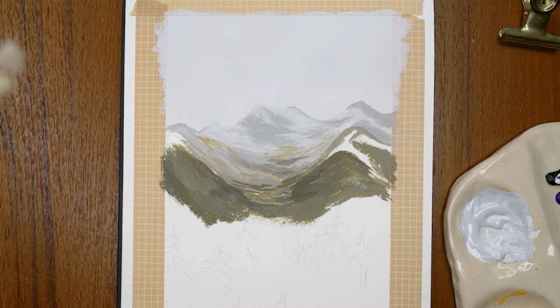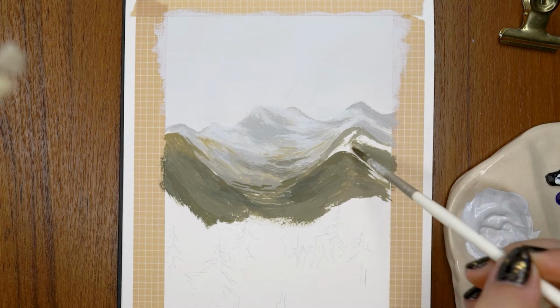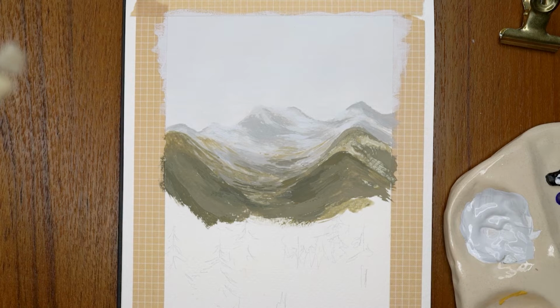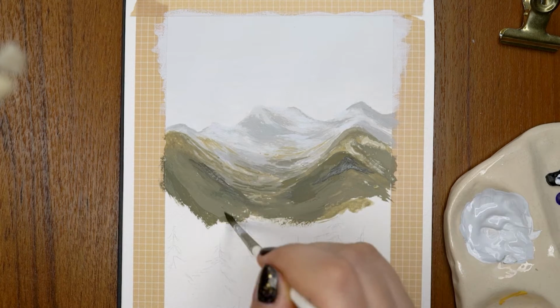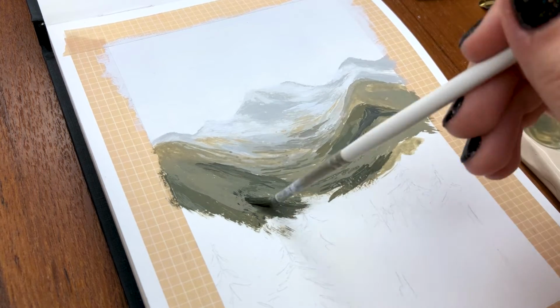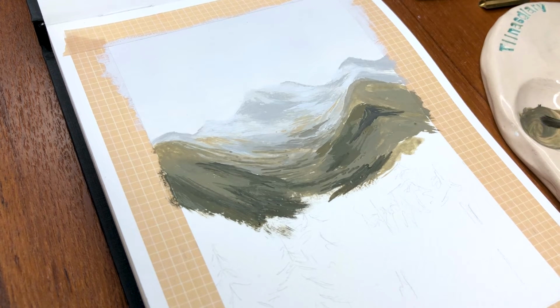As you can see, throughout the whole time that I was painting in these mountains, I was trying to make sure that it has a lot of color variation, so none of the mountains that I'm painting just have one color in them. And I think this is a good tip if you're painting any kind of ground, even if you are painting something on top like grass, or in this case forest or trees, it will still look a lot better if you make the ground multiple colors and blend colors together and make it look a lot more interesting instead of just having one color, because if you just add one color, it will look less realistic